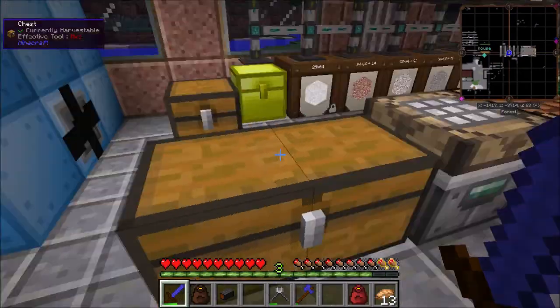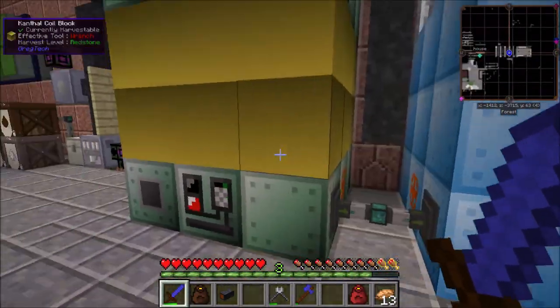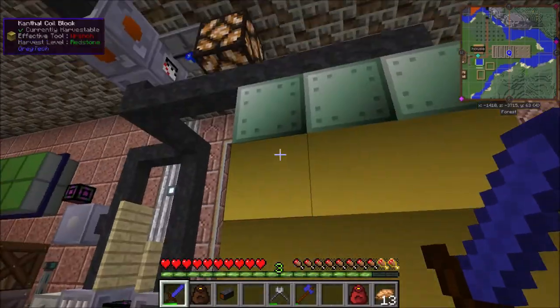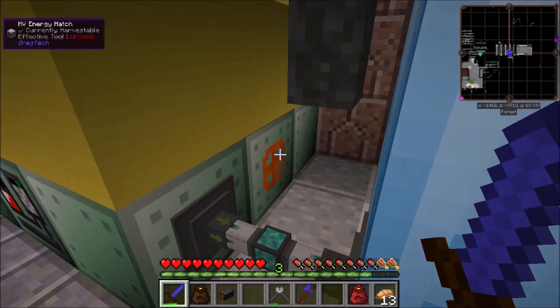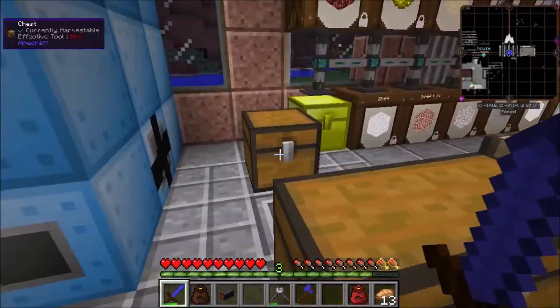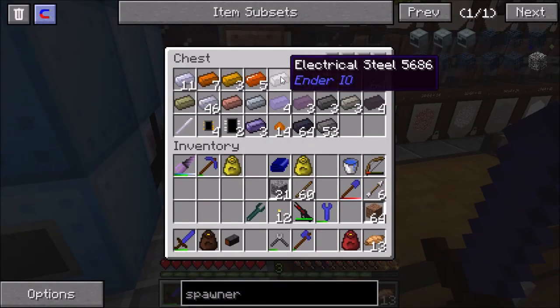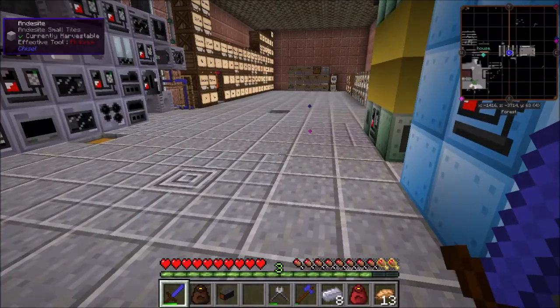So I need to convert this electric blast furnace so that it will use high voltage power. Right now it has a medium voltage energy hatch, so what I need to do is make a high voltage energy hatch. And that's actually fairly simple. I have some electrical steel that I found in Dungeon Loot, but we're going to take 8 pieces of stainless